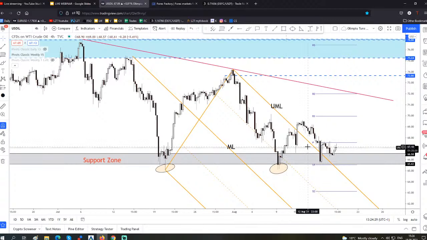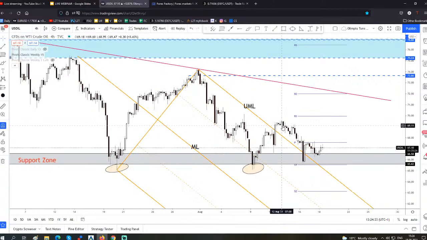It has registered only a false breakdown here below the upper medium line, so this could be considered as a retest here. And right now the price of US oil retests again the 66.58 guys. So right now we'll have to wait for confirmation here. So it is located in a support zone, a demand zone here,